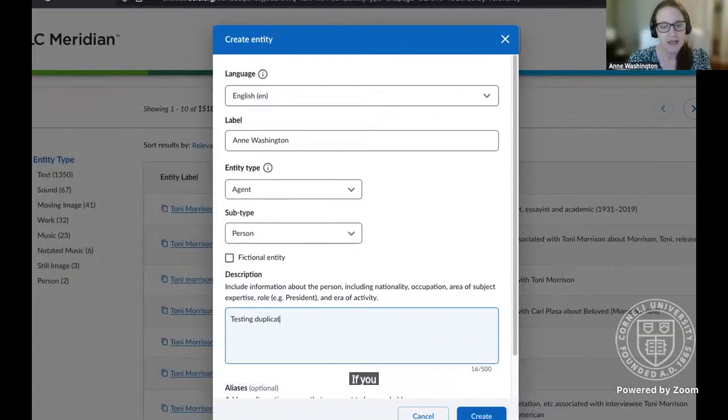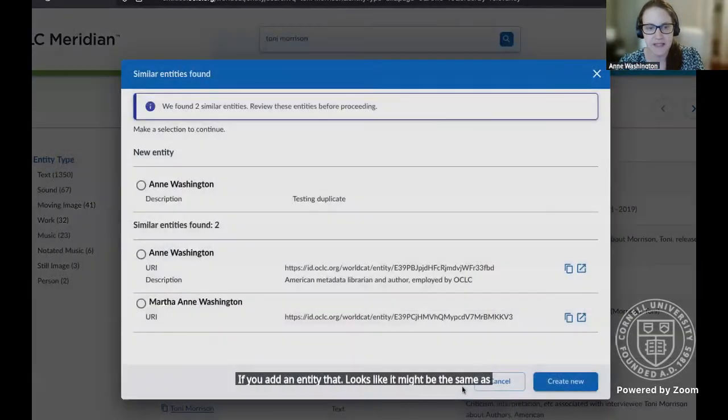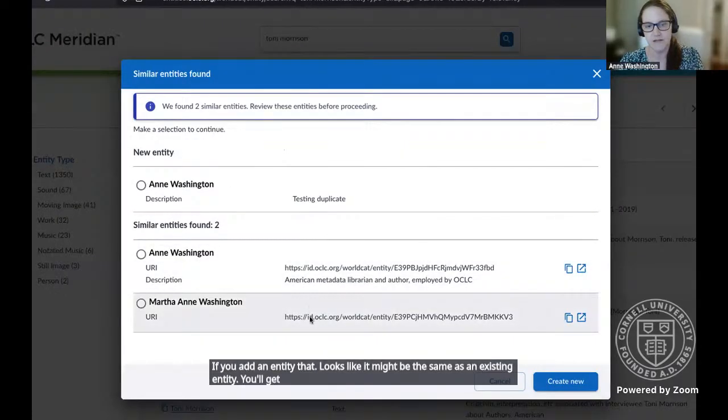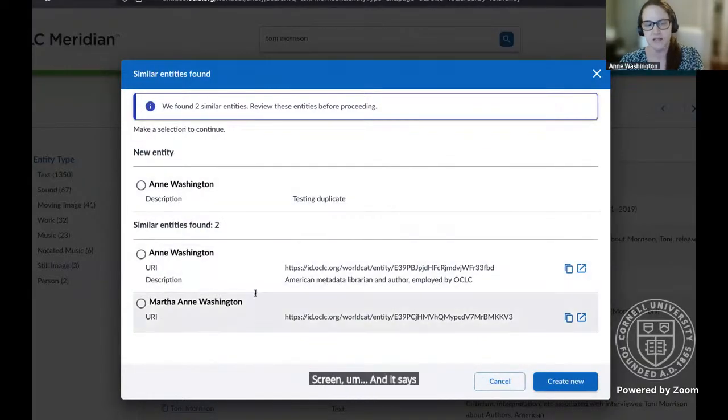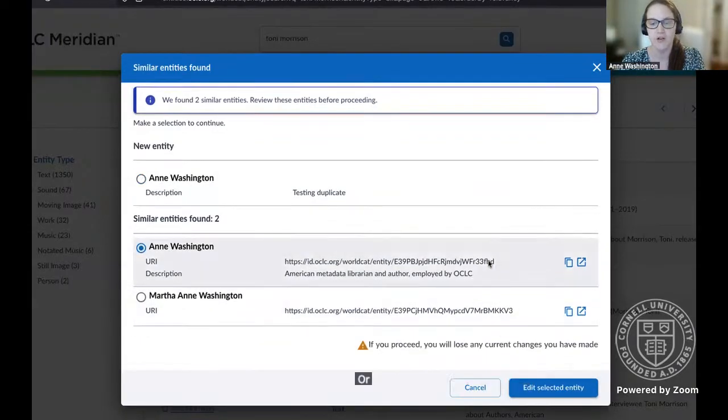If you add an entity that looks like it might be the same as an existing entity, you'll get this kind of duplicate screen. And it says, hey, did you mean one of these folks? You can select to say, no, this is actually new. Or you can say, oh, okay, actually, I'll just look at this and edit it.